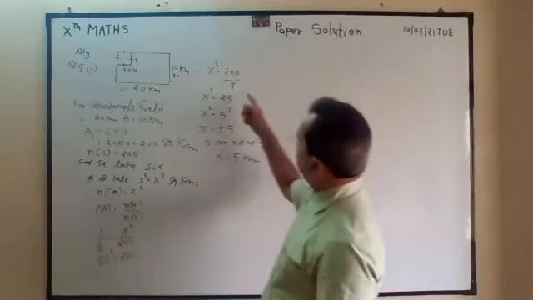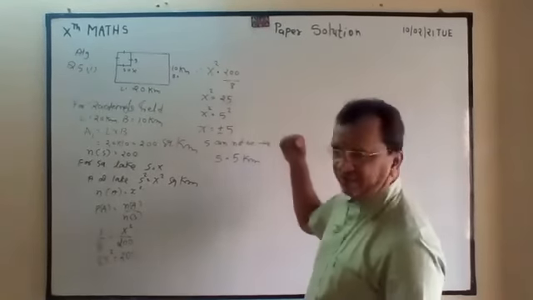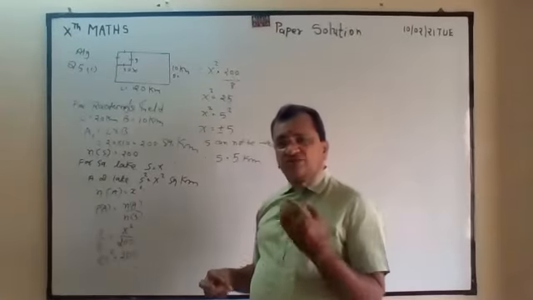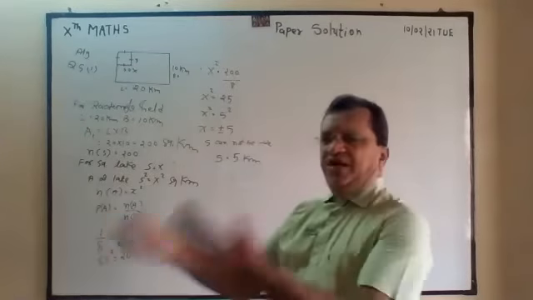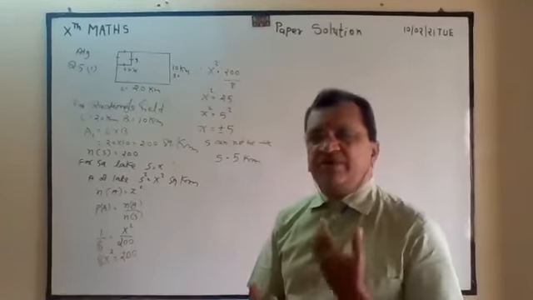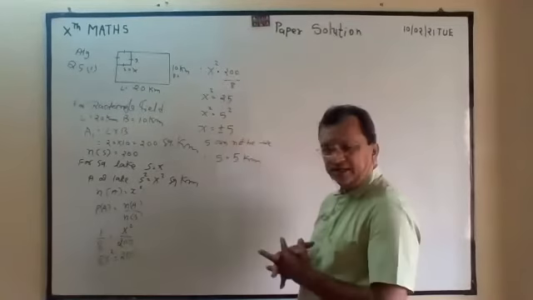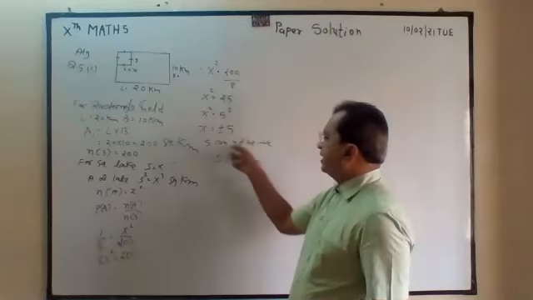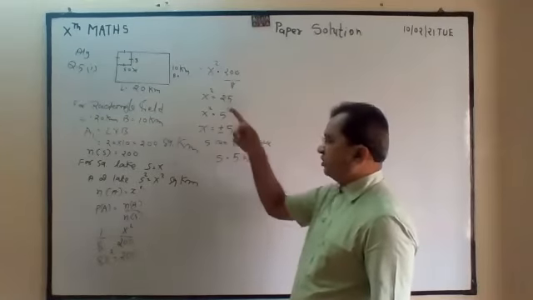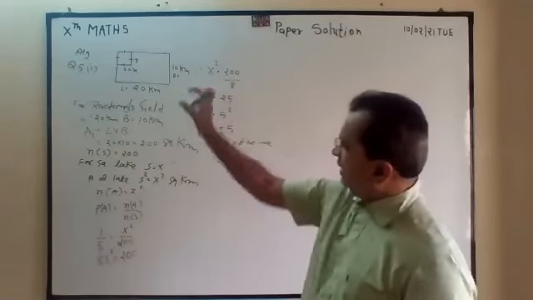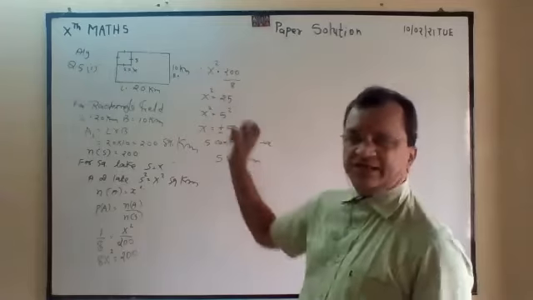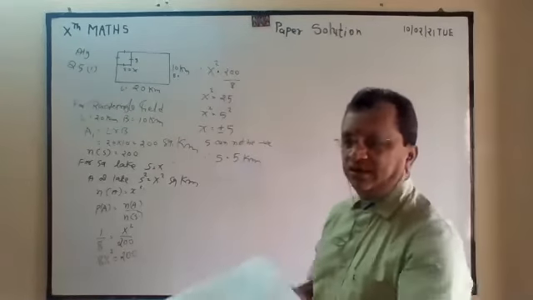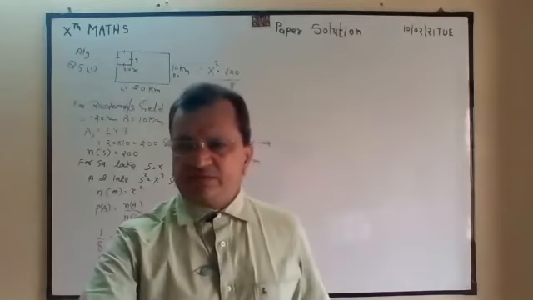So x square is equal to 200 divided by 8. So x square is equal to 25. And x square is 25, which is equal to 5 square. So when you are taking square root, it can be positive, it can be negative. Correct? But side cannot be negative. So side of that square is 5. In any corner you can show, in center also you can show, but the solution will be this only. Correct?